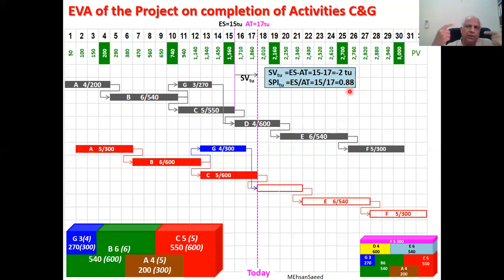But please do recall that this index is improving. On the previous slide, in the previous case, it was